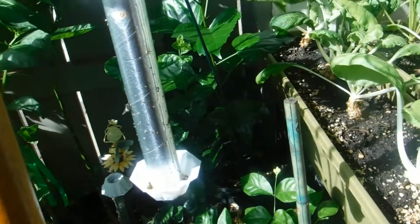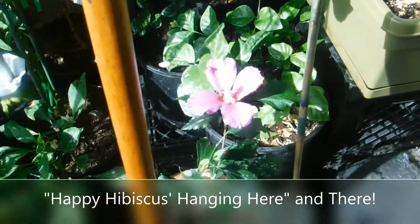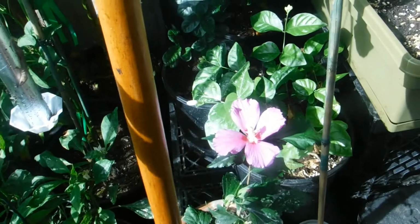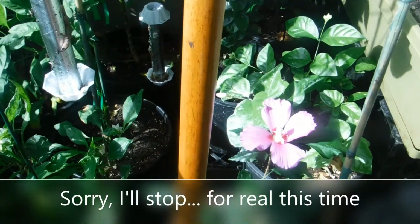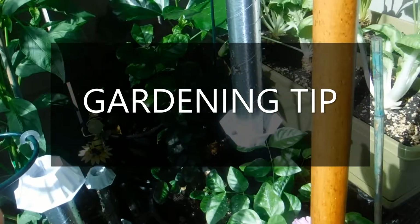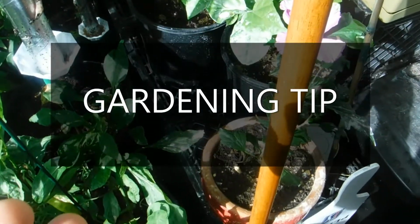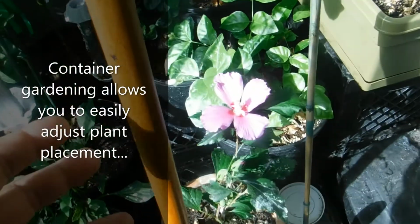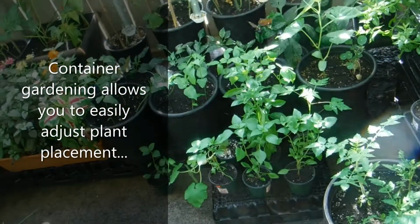And what happened with Pepper Place was this sunny area that we thought would be perfect for the peppers because they wanted a lot of sun, but the peppers were getting burned out. So we replaced them with these plants, and they're kind of thriving, but at the same time, I think they could use more sun. So these plants may be replaced and put into a more exposed area, and we may